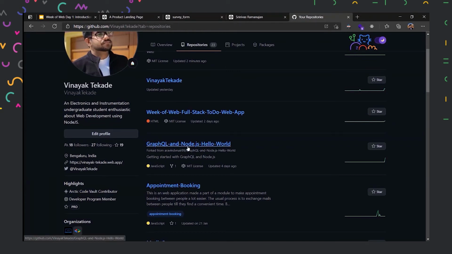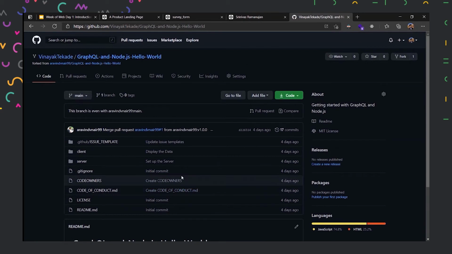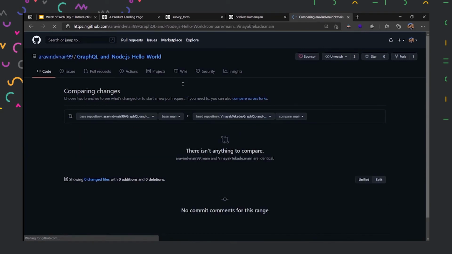Since I have a copy of this code, I could make changes to it and I could work on it. And if I want, I could also tell Arvind, okay, I made these changes. Would you like to have these changes? So we have a feature called pull request, where I can send Arvind a pull request asking him that I have made some changes to my repository. Please, would you like to integrate them in your repository as well? And this is kind of a form where you are actually filling it in so that you can tell him what changes I have made.